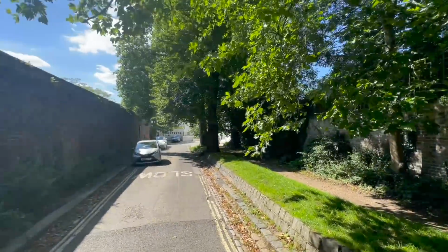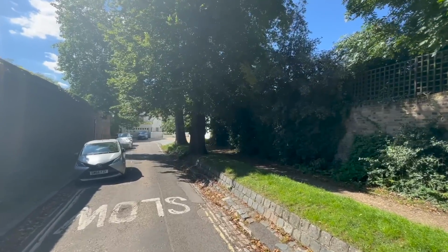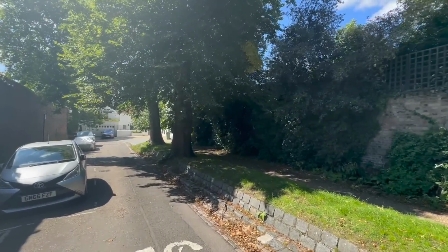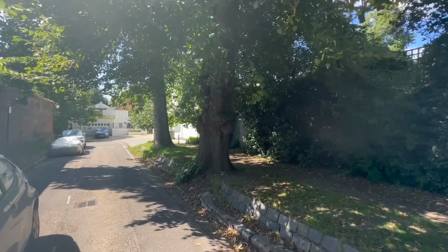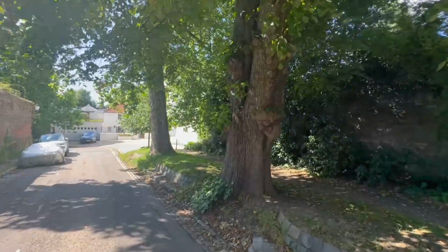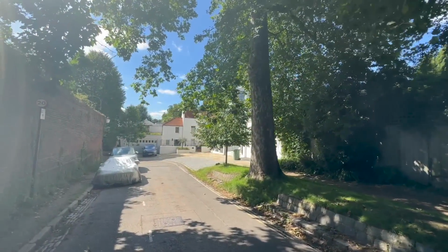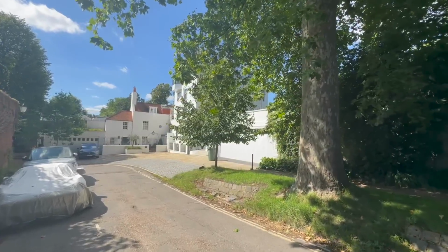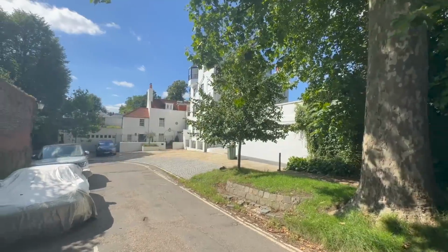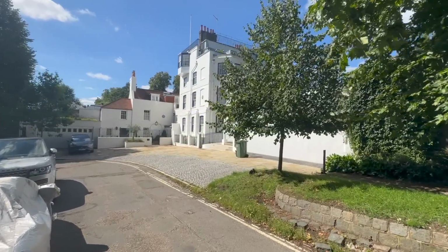This beautiful house was built by a rather eccentric Navy lieutenant in the 1700s. And apparently he used to fire cannons from here during the King's birthday. So he was kind of like his own King's Troop Royal Artillery. To celebrate the King's birthday, he'd fire cannons from here. But apparently the roof is said to be shaped like the deck of a ship. And there was also another